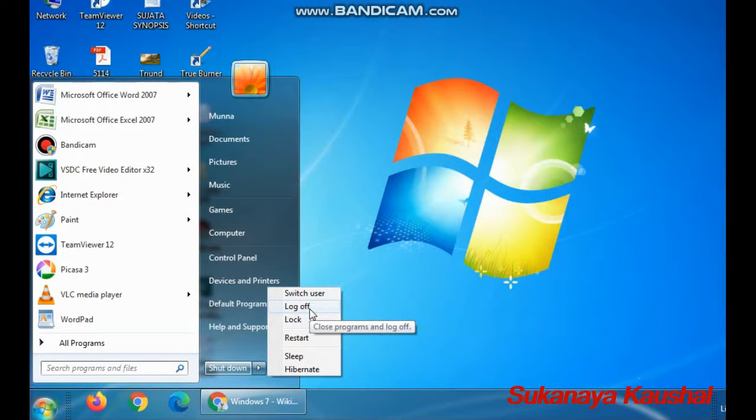If I just want to log off as a user without turning off, I can also log off. Otherwise if I want to lock my system and I have applied a password, it works like this. And if I want to restart my Windows 7 again, I can restart it. And otherwise it can hibernate.